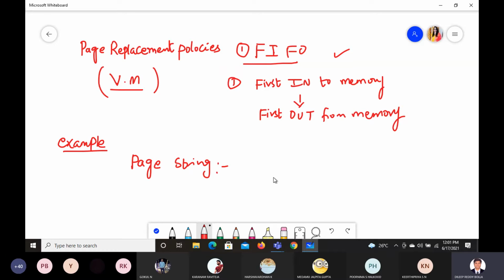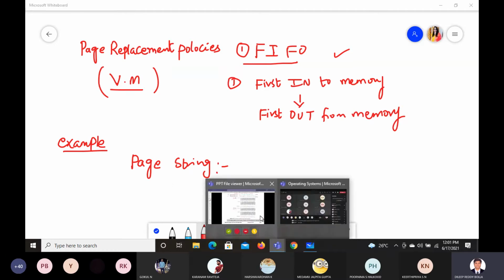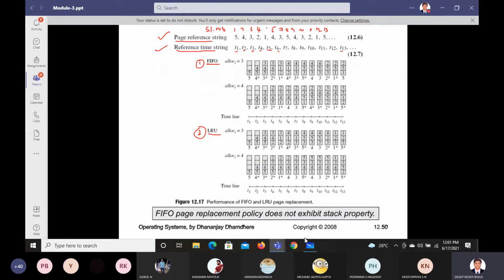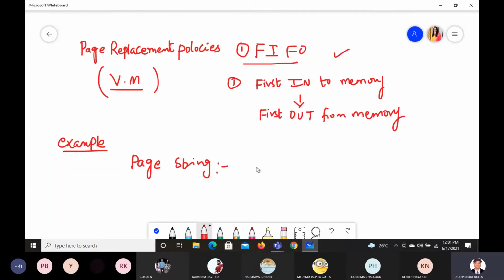Tell the page strings. Any one of you? 2, 4, 5, sir. Okay, 2, 4, 5. You can repeat them. Still some 4 more you tell. Under 10 or under 5 only it should be, sir?